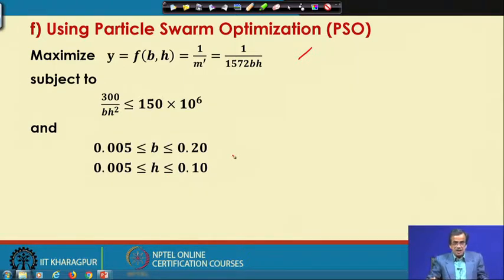So, let us see how to tackle this maximization problem using the particle swarm optimization.